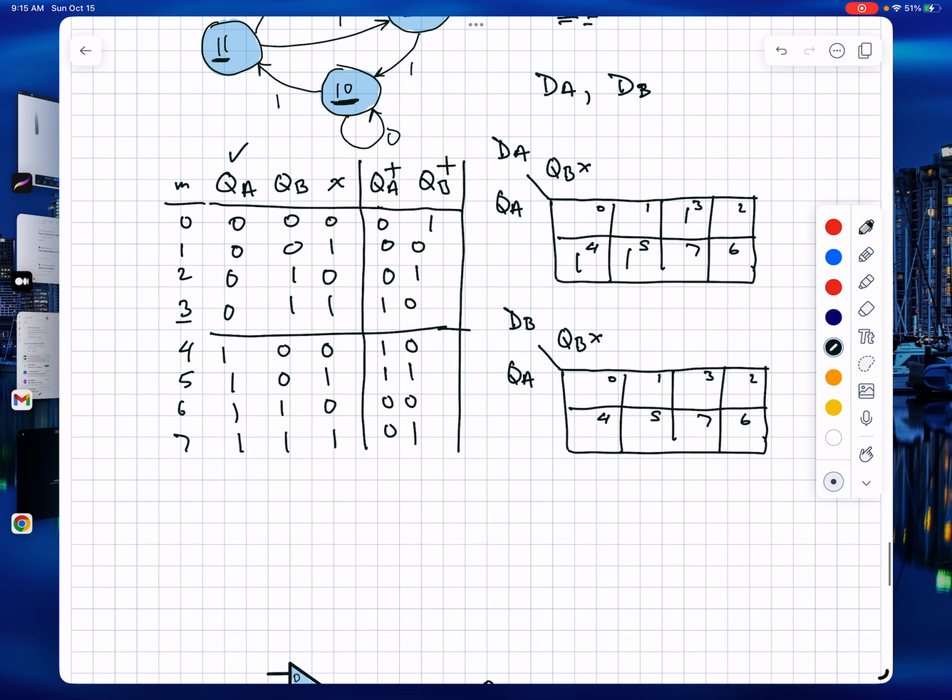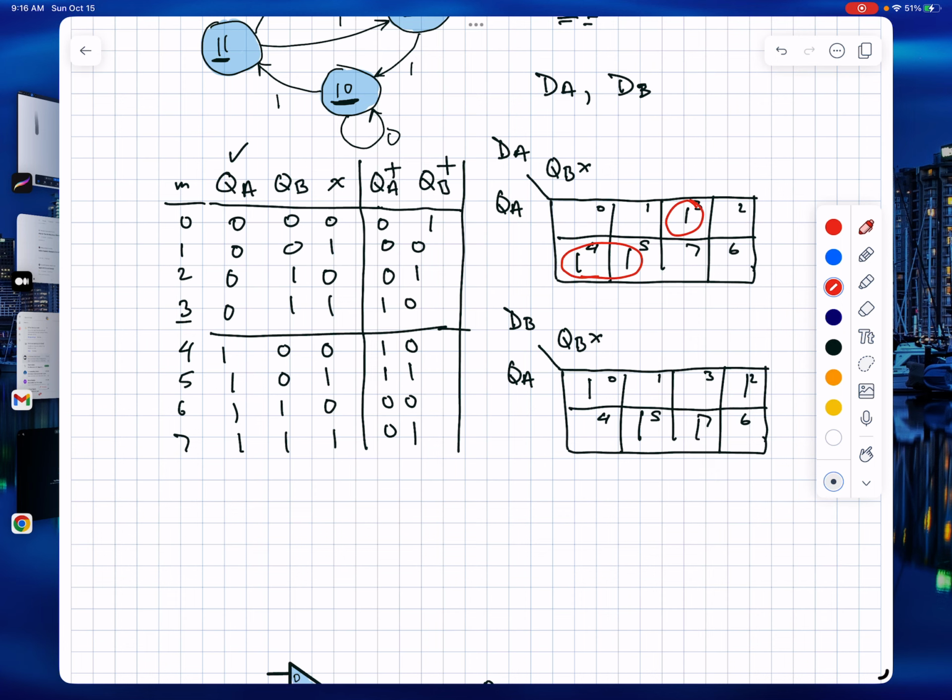Okay, for B, I'm getting minterms 0, 2, 5, and 7. Okay, so from there, I can just do the circlings for the Karnaugh map. All right, so I'll change the pen color to red for this one. So I have this circling, and